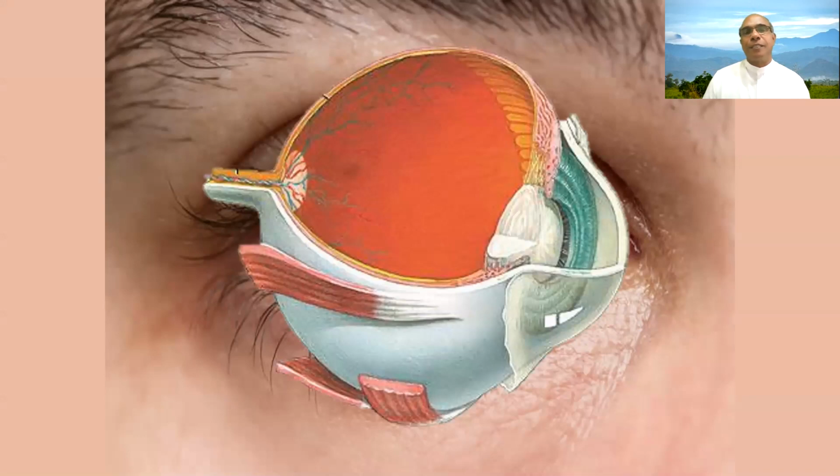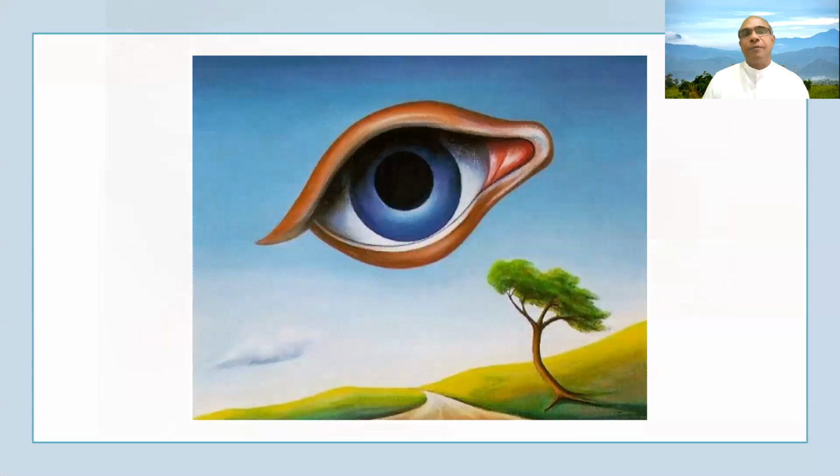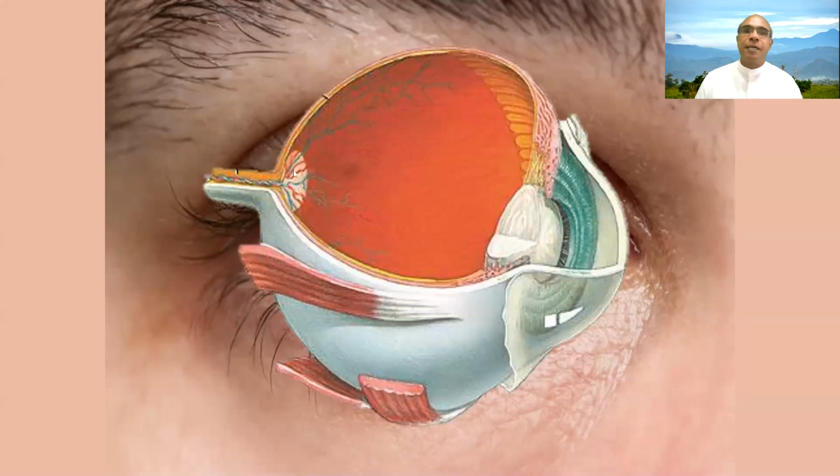Okay, this sense, I'm sure you know enough about it. If you just look at a cross section, this part, although we call, now let me go back. Although we call this the eye, for meditation purposes, this is not the eye actually. It is only the frontal interface of the eye, the lens. For meditation, we use this part as the eye. This is the eye. This is the eye, and